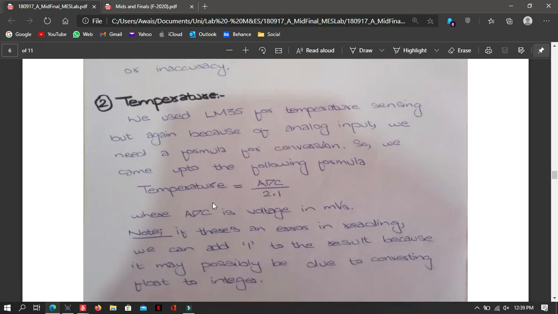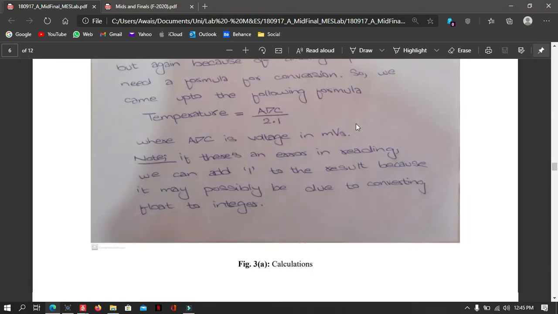One more thing, as this reading will obviously be in float, but we are recording it in integers and then converting it to characters to be displayed on the LCD. So sometimes, for example, if the reading is 2.9, when it is converted to integer, it will show as 2. So you can add 1 here if you want to for accuracy, or sometimes that isn't even needed, so it's your choice. I haven't used it. Okay, so next